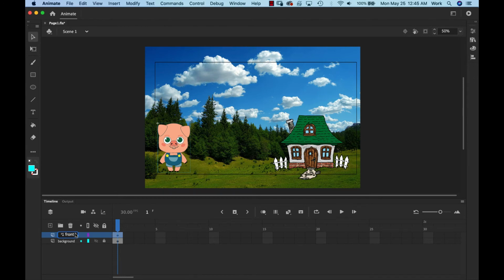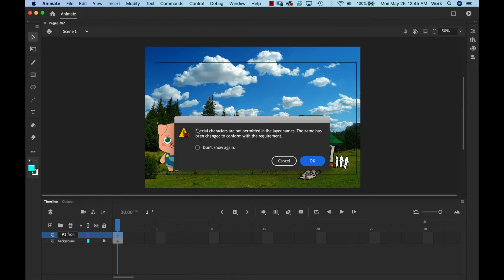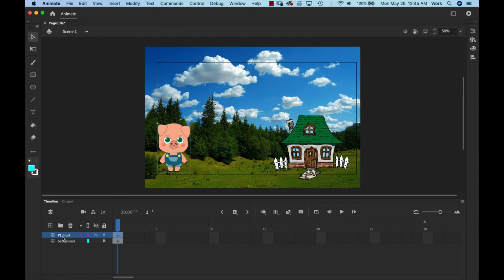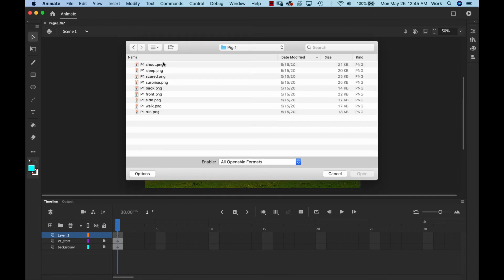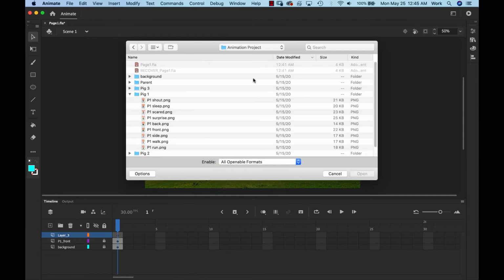Now watch this. When I hit return, you're going to see a message. This is only because I made a little space between the 1 and the F, and that's okay. As you can see, it fills in with an underscore. Now I'm going to lock that layer as well. And I'm going to make a new layer first. File, Import to Stage. And we're going to do the next